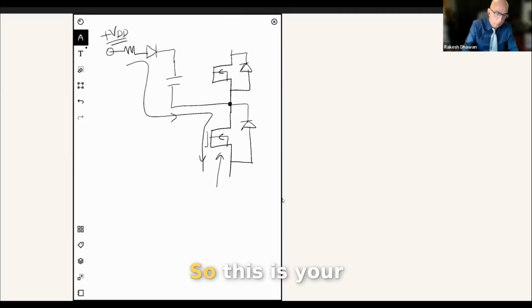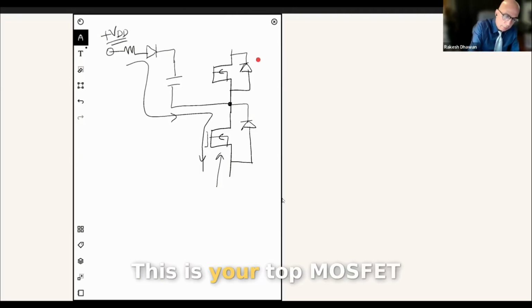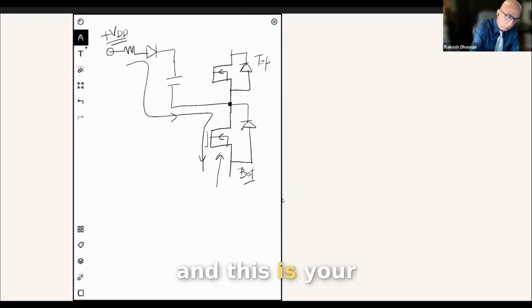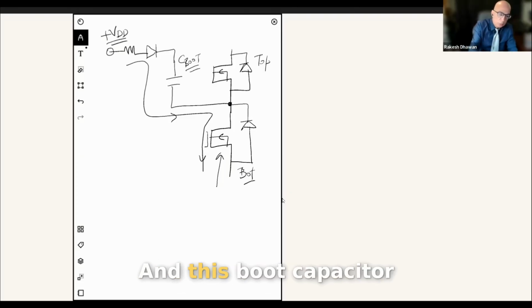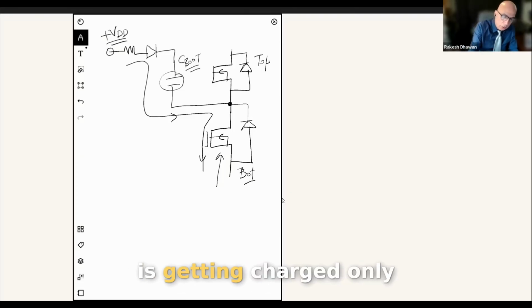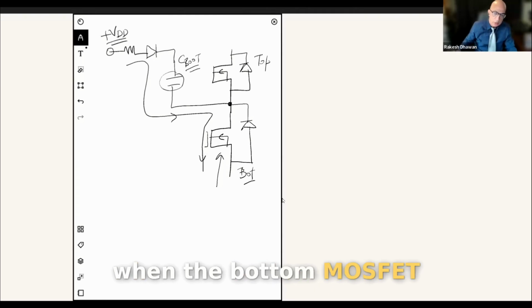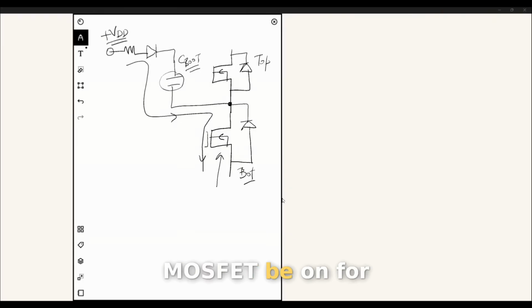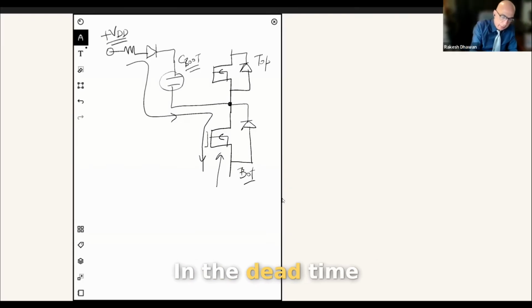Yeah. So this is your top MOSFET. This is your bottom MOSFET, and this is your boot capacitor. Okay? And this boot capacitor is getting charged only when the bottom MOSFET is on. So that means it's critical that the bottom MOSFET be on for this to get charged. In the dead time,